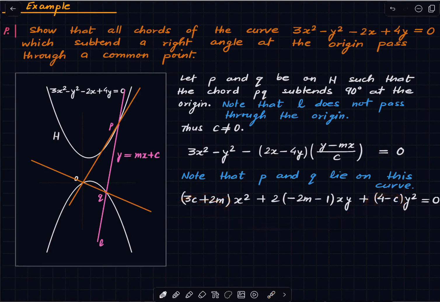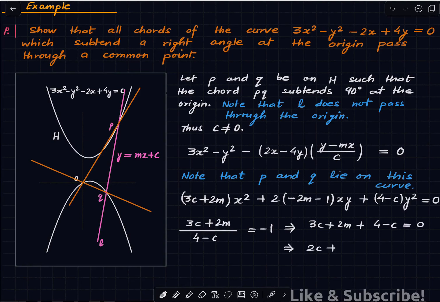So therefore 3c plus 2m divided by 4 minus c is equal to -1, which implies 3c plus 2m plus 4 minus c is equal to 0, which implies 2c plus m plus 4 is 0,